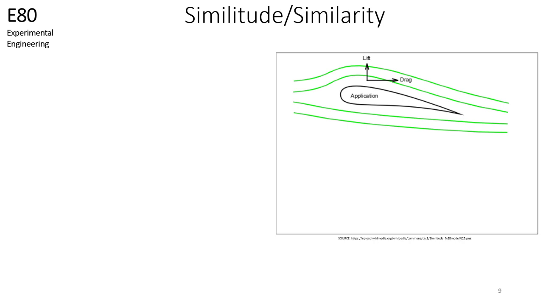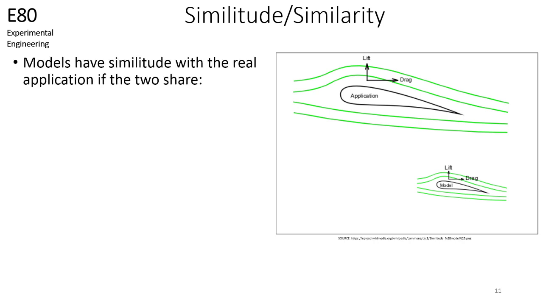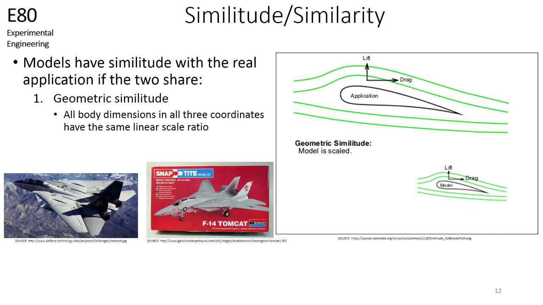Imagine that you have an actual prototype, such as a large wing, that will be undergoing a certain flow condition. You can make a much smaller scale model of the large object and subject it to a different flow condition. The smaller model at the different flow condition could then be used to predict the characteristics of the larger object and its flow condition if the model and object have similitude. Models have similitude with the real application if the two share: